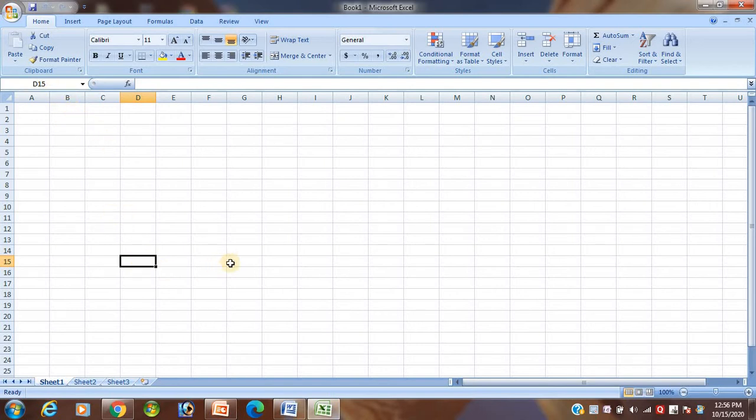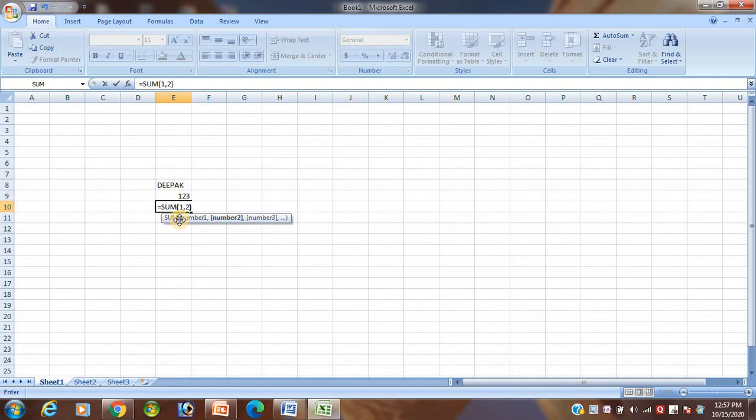Another thing, students: when we enter data in Excel, I can enter either text, or data values, these are the numbers, or insert formulas. Suppose 1, 2, you see, is that clear?